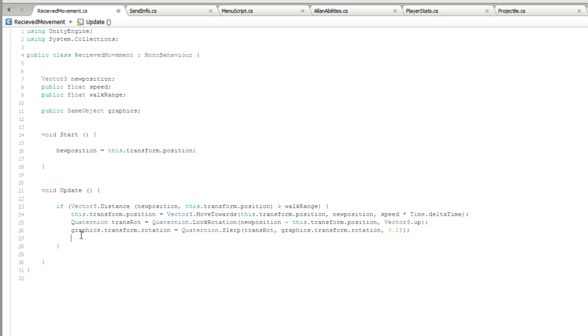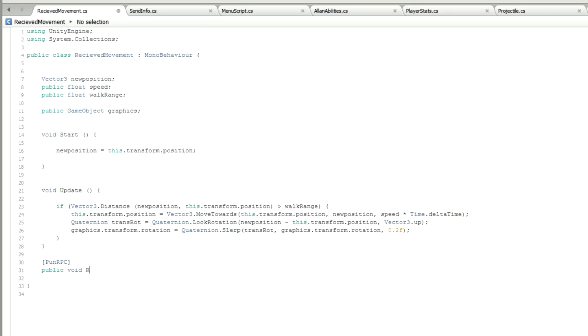Now there's only one more part of this. We want to create something called an RPC, which is a remote procedure call. And Photon has their own, they call it PUN, which is Photon Unity Networking. So basically if you go square brackets, PUN RPC, in capitals, and then underneath it you want to create your own function. Basically this is something that can be called through anyone's computer. Anyone can call this RPC. So this is the RPC that we want to send a position to, but we want everybody to be able to receive this. So basically the RPC is going to be received on everyone else's computer, and it's going to run this function, which we are going to call